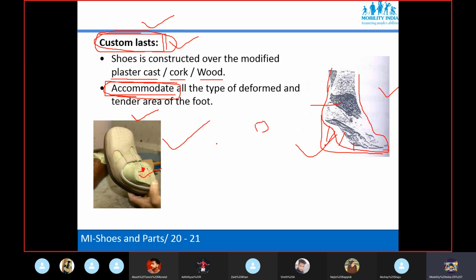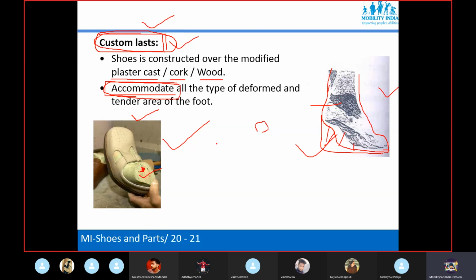Many times we do over correction, particularly in children, because children grow till 18 years of age. After 18 years it stops growing. So we always go with over correction. If we do over correction, because children grow, even if a deformity develops, it will stop at the neutral position one day.